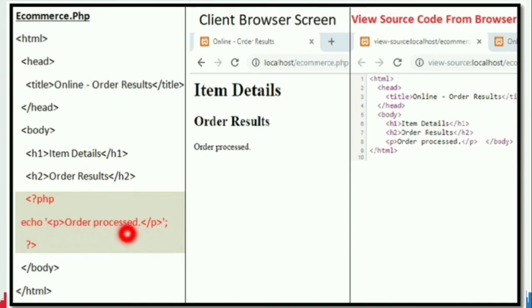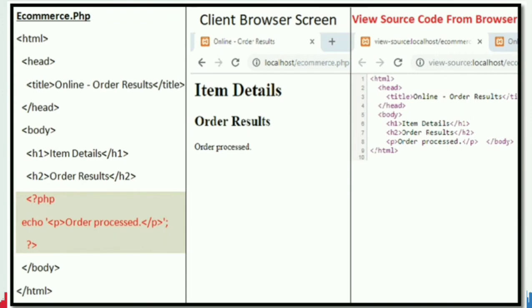Inside the paragraph tag we do have one single line, that is order processed, and then they have entered this line, that is PHP code is closed, the close angular bracket is mentioned here. Now you can see the output, order processed.